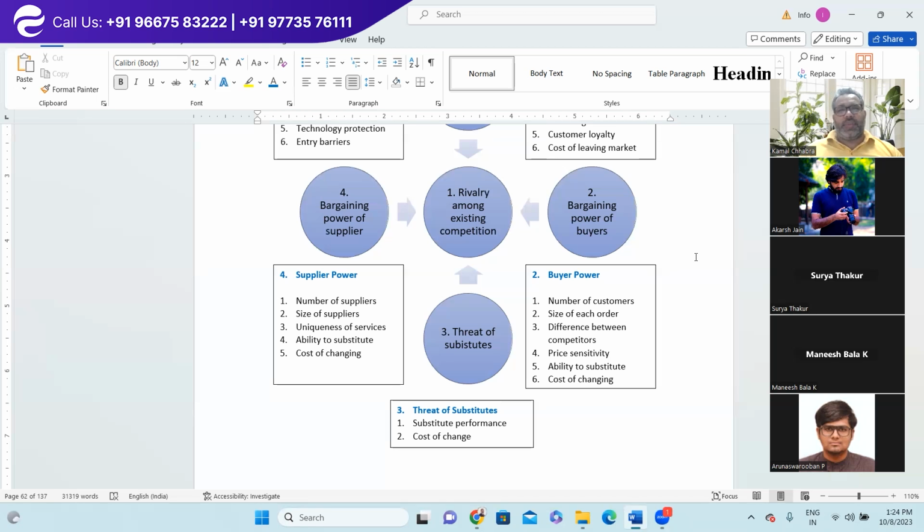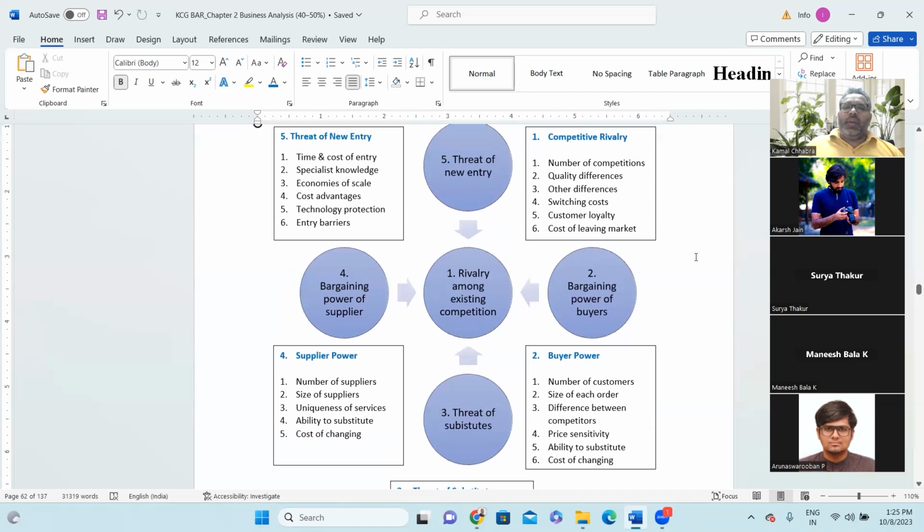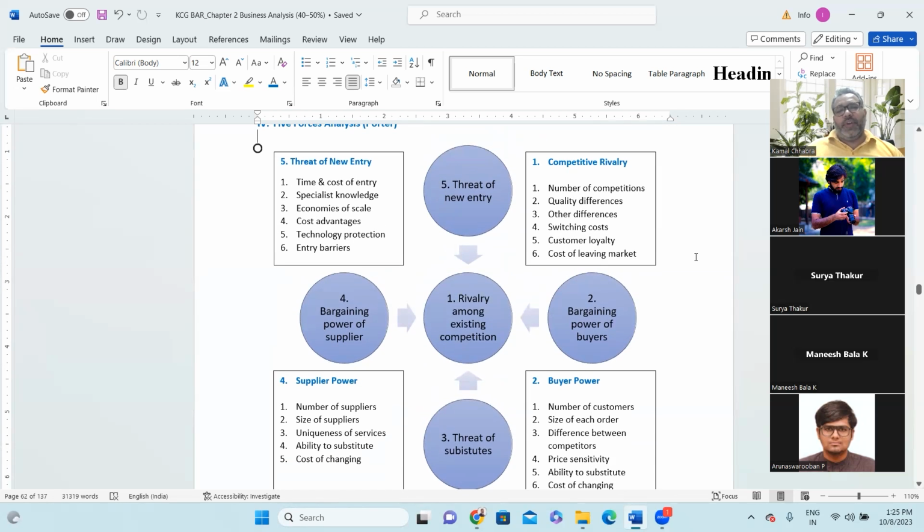Second is the size of the supplier. Third is the uniqueness of the services. Fourth is the ability to substitute, right? Instead of steel, what are the products you can use? Plastic, fabric, right? And then the cost of switching from one raw material to another raw material. Those things you need to analyze, right? Last one is the threat of new entry,